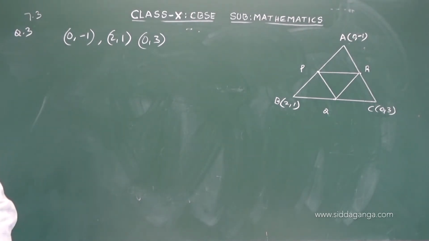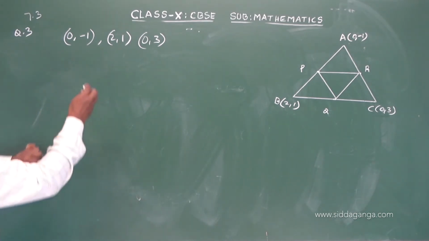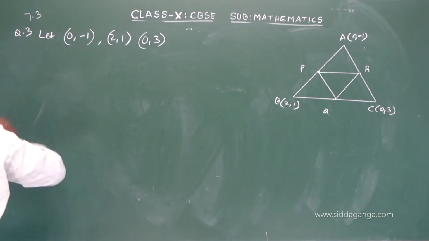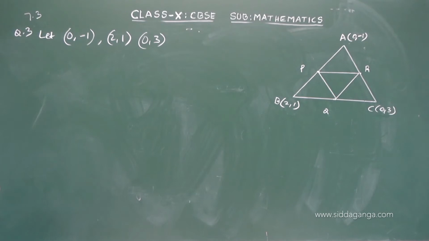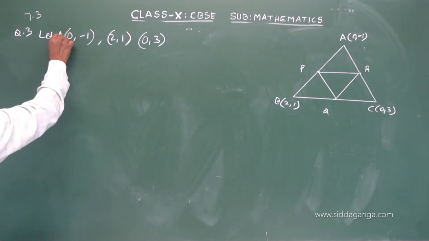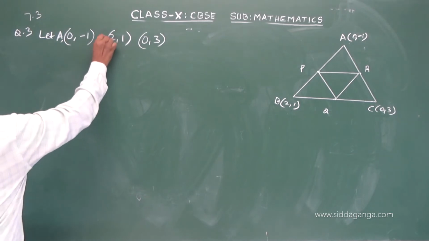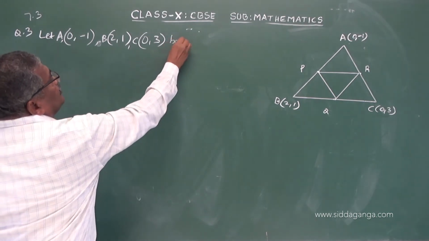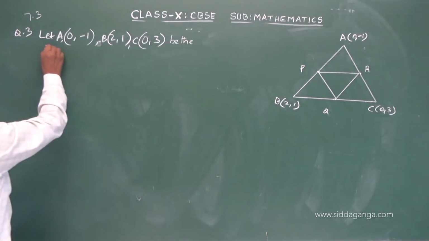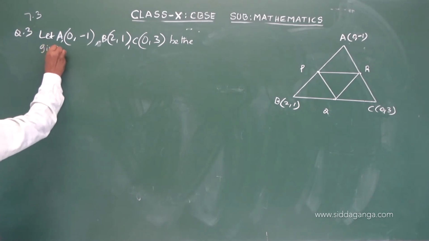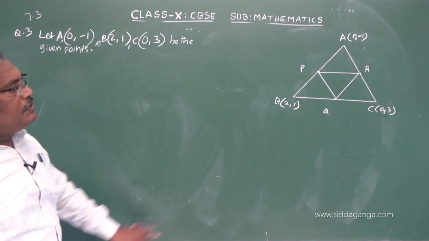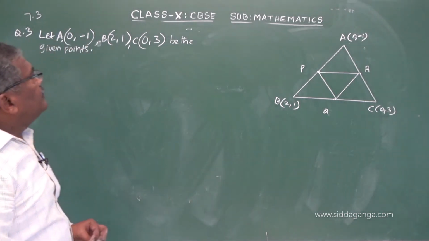Now, so we have to proceed like this. Let A, B, C be the given points. So A, B, C are the given points, and